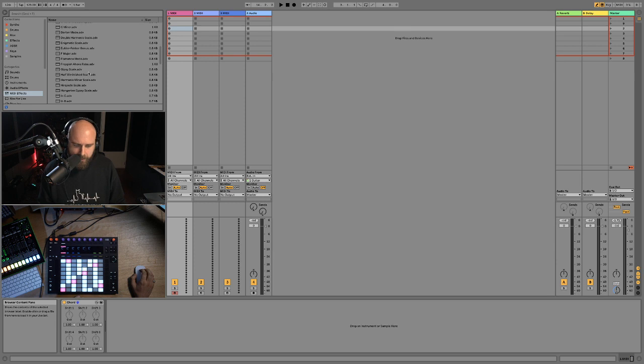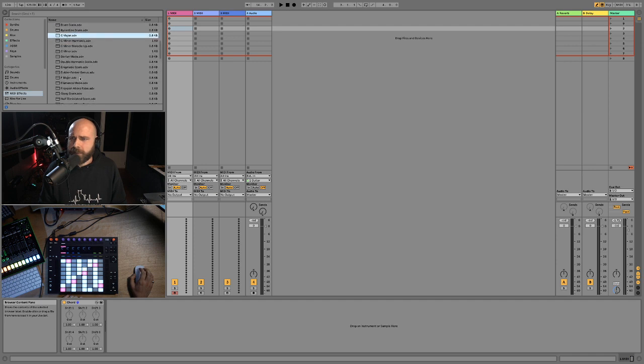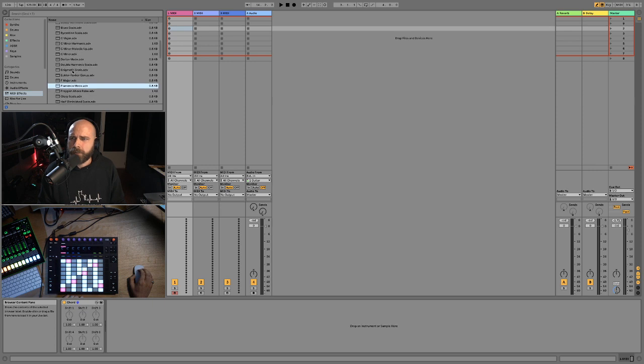These are familiar for all the Push users out there that we have on the Push. So we have all the different scales that you can see along the top here. This is a way to get to those if you don't have a Push within Live. We've got C major, minor harmonic, minor melodic up, Dorian mode, Phrygian mode. Some of these you'll be quite familiar with. We've also got some nice ones in here like flamenco mode, which could be quite cool.